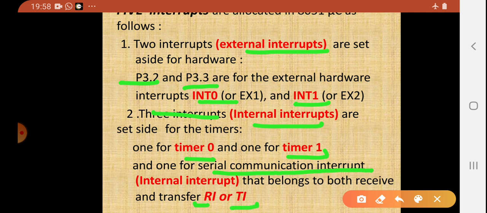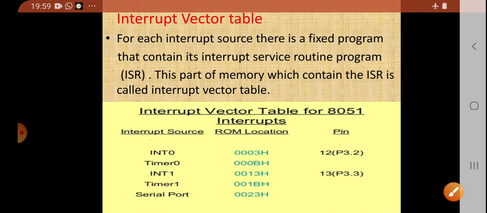There is the OR, meaning either at a time it will receive interrupt or it will transmit interrupt work. So there are 5 interrupts available in the 8051 microcontroller, 2 external interrupts and 3 internal interrupts. External interrupts are INT0 and INT1, and internal interrupts are timer 0, timer 1 and RI/TI. So 5